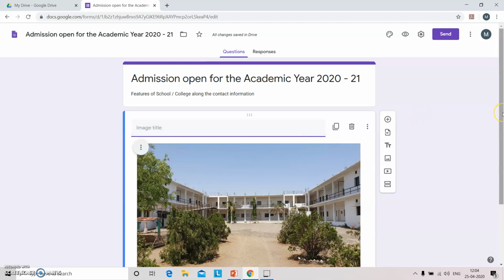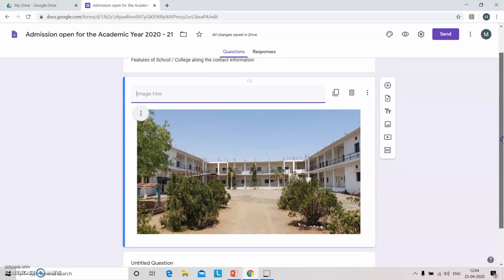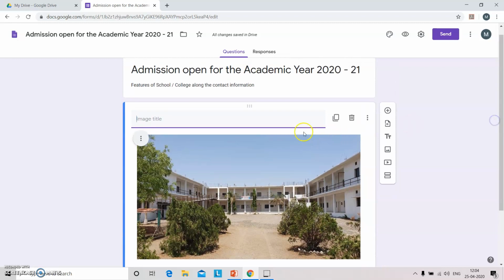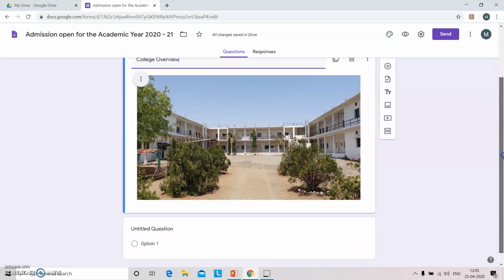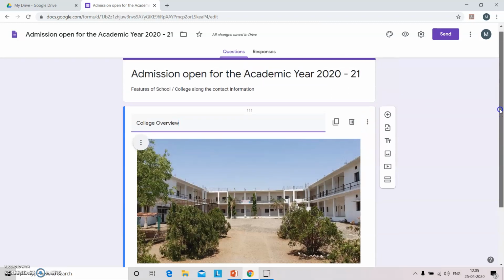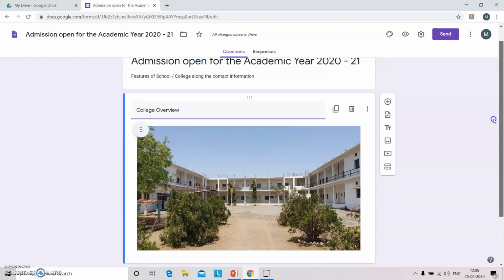Here you can see the image which you have uploaded. You can also give the caption or image title or contact information above it. With this, you can start creating your Google form.